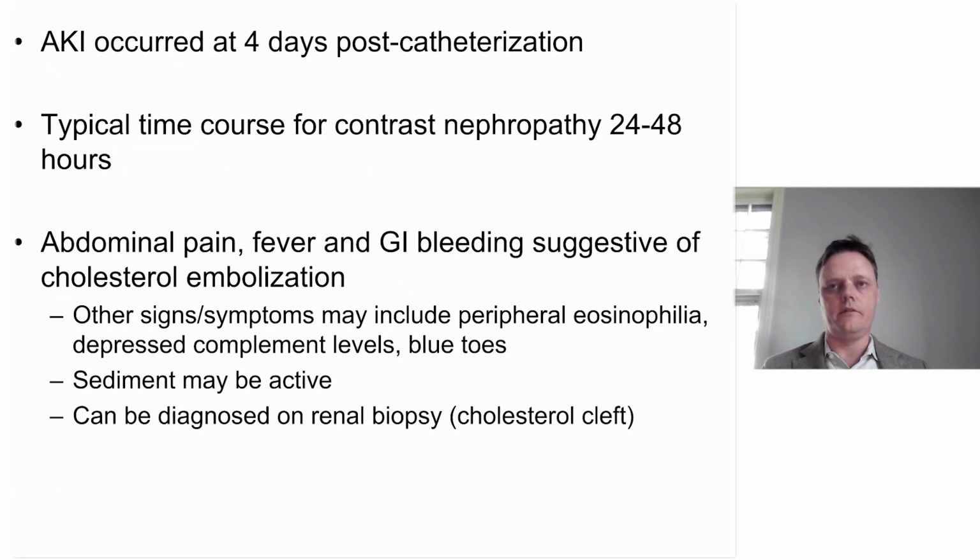What happens in these individuals is you have cholesterol emboli, which go into the small vessels in the kidney, block those vessels, and then cause an inflammatory reaction, which ultimately causes the progressive kidney disease that you see. And this is why it generally occurs over a longer period of time, because although there's a small amount of injury that occurs due to the embolization itself, it's the inflammatory reaction to the emboli that causes the more chronic injury. And the reason we call it a cholesterol cleft rather than seeing the cholesterol itself is because the cholesterol is removed during processing of the sample. So what you see is an empty area where the cholesterol would have been before, very characteristic, the so-called cholesterol cleft.